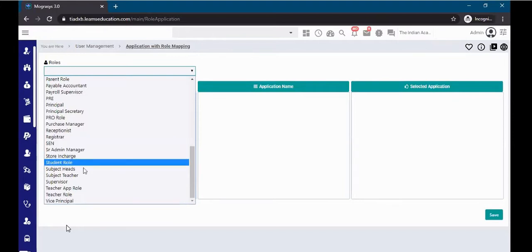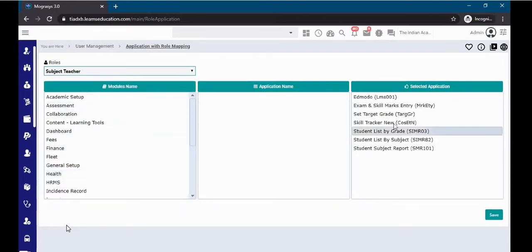For example, subject teacher: these are the predefined applications we already defined. So whenever you do the subject teacher mapping, this role will get mapped to that respective teacher. But for that the application is different.